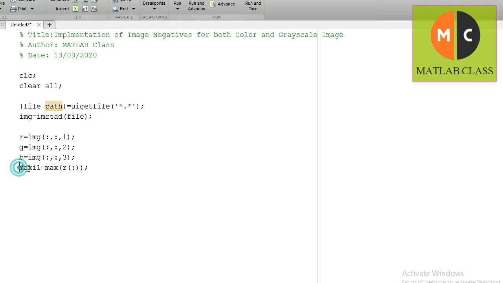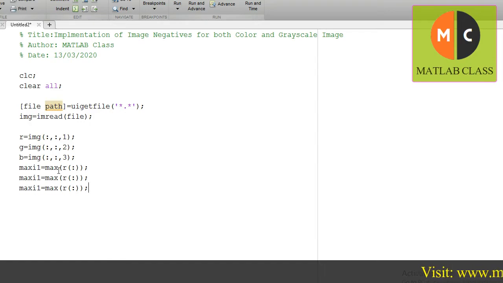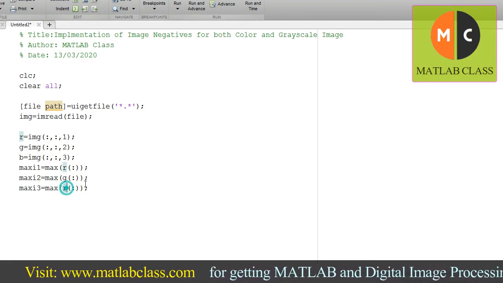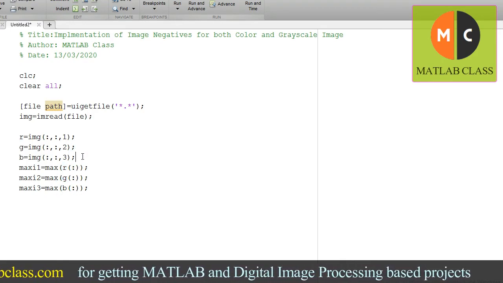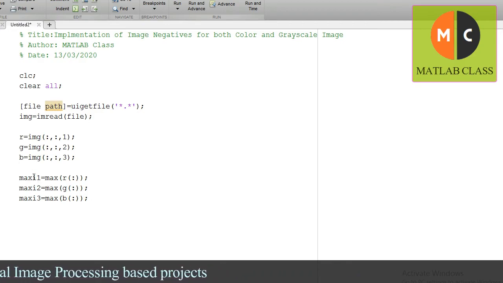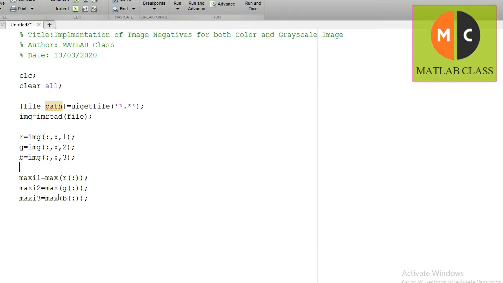Same to same, I would like to repeat it for the remaining two planes, that is maxi2 and maxi3. Here I am having variable G and variable B. So in this way we have calculated the maximum value present in the red plane, the maximum value present in the green plane, and the max value present in plane blue.